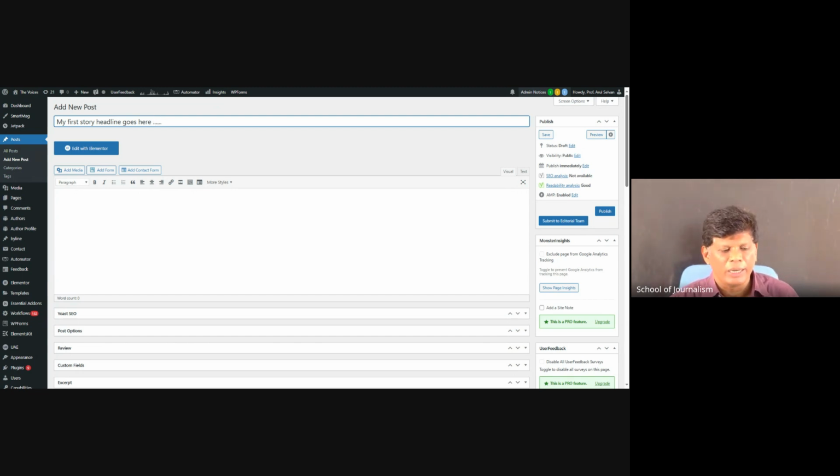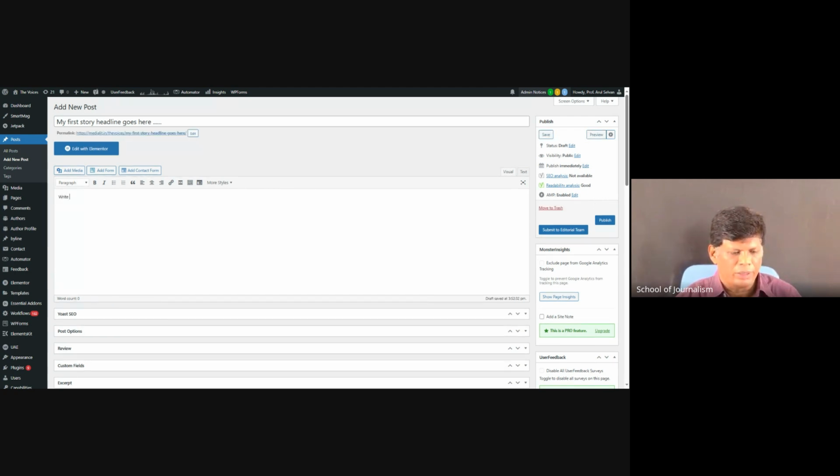Just write one temporary headline, whatever idea you have, and write your story idea here. It goes like this, right? You briefly describe your story idea in 100 or 150 words, and very importantly, see the right side here.